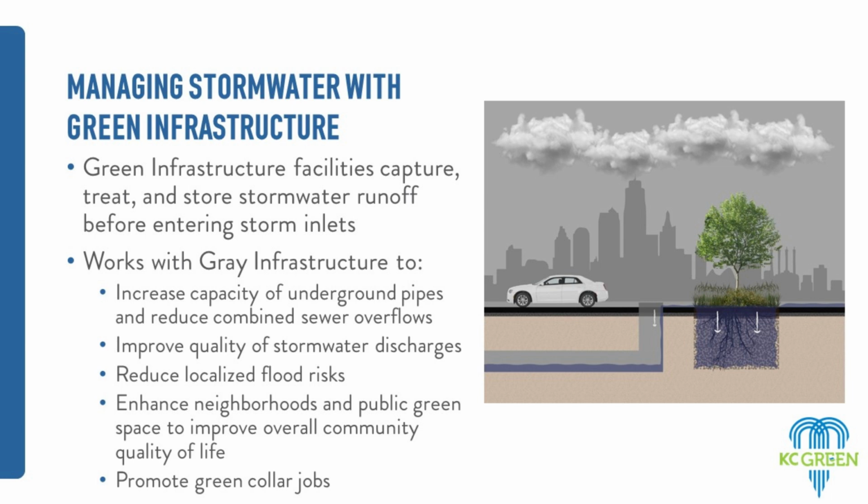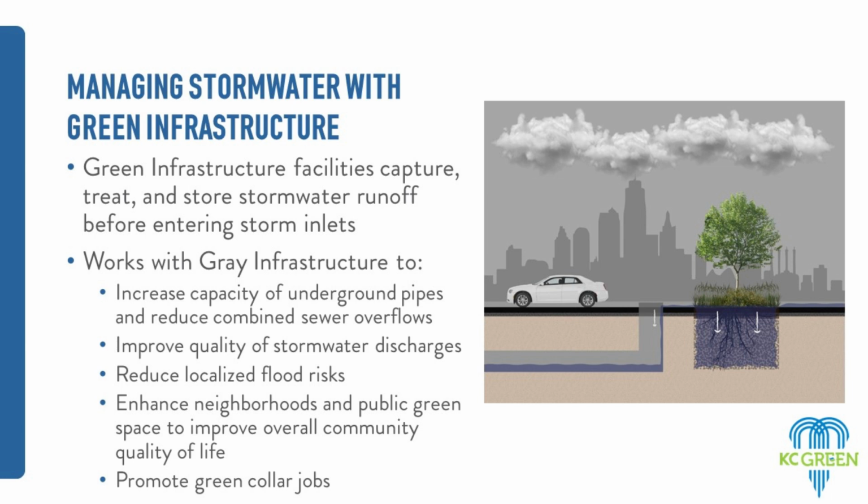So the way that green infrastructure helps us to manage the stormwater or the combined sewer overflows is it captures that stormwater runoff before it gets to those pipe systems. So it will often work with gray infrastructure, so you'll see what we call GSI components that help it to collect, capture, store stormwater. But ultimately our goal is to keep it from getting back to that sewer system, or at least slow it down before it gets back to that sewer system so that we don't cause an overflow